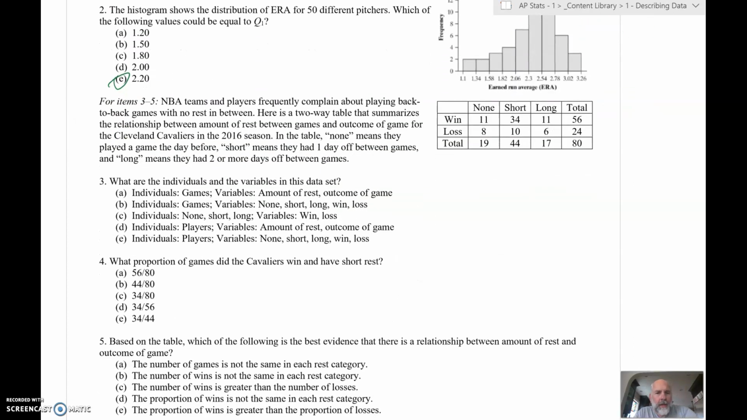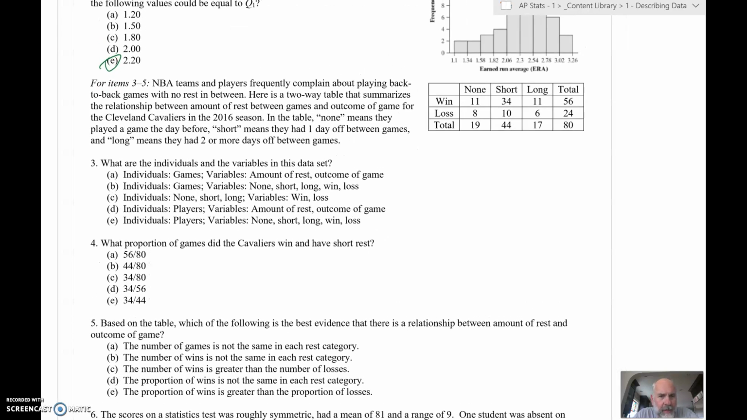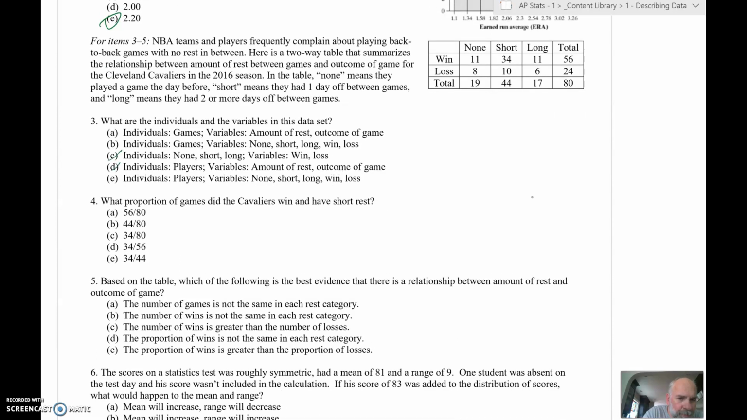Next one. Categorical stuff. Here, there's a two-way table. Excellent. Okay, what are the individuals in this one? So the collection of these 80 things are the games that they played that season. So the individuals are the games. That's what these 80 things are: their 80 games. And then what's the variable? Well, it could be a win or a loss, and it could be that they had no rest, short rest, or long rest. And so the variables,